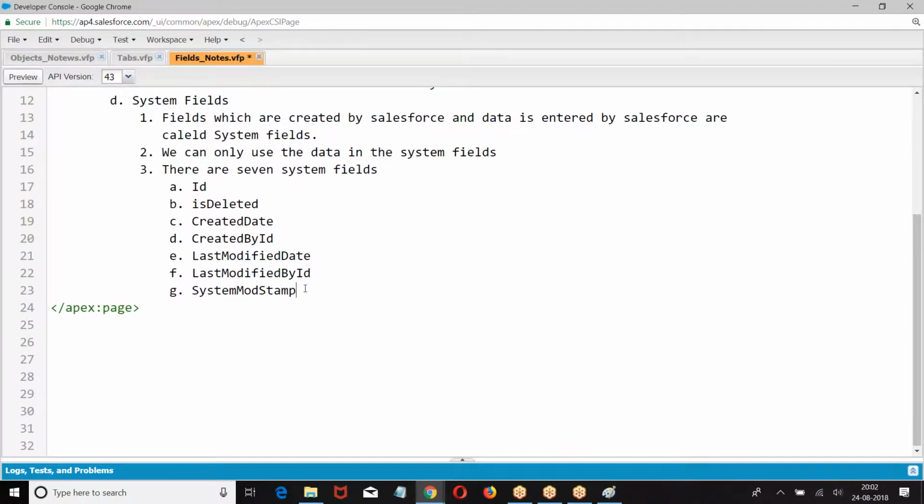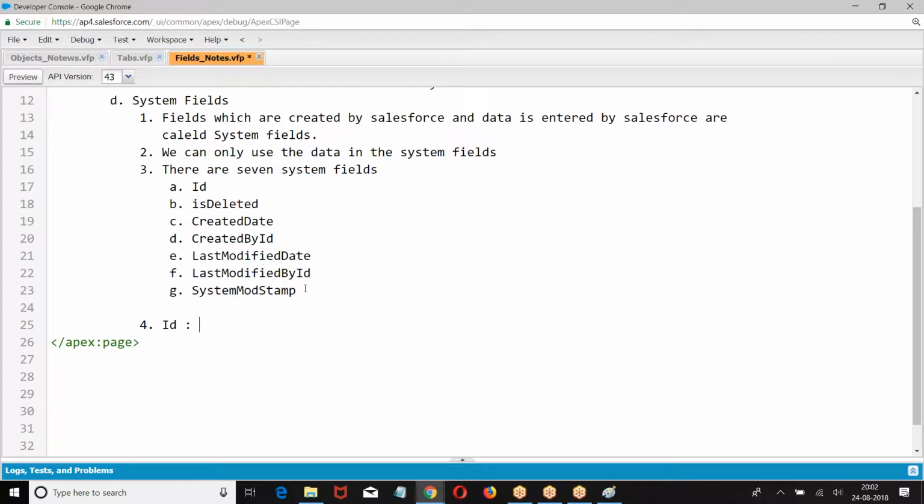Now everyone listen carefully. First one, ID. Salesforce by default creates 15 character ID for every record.